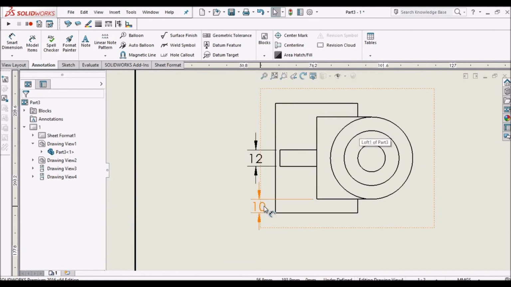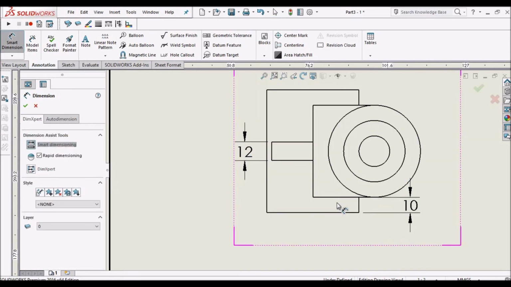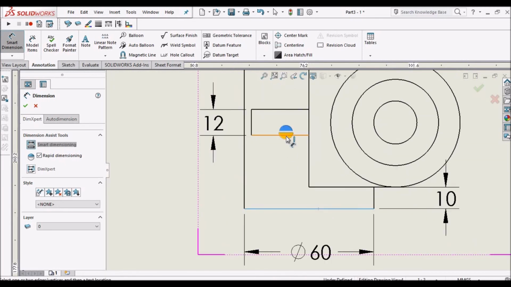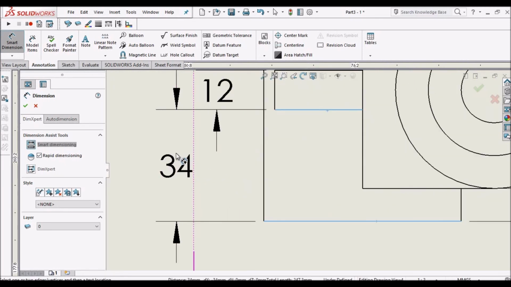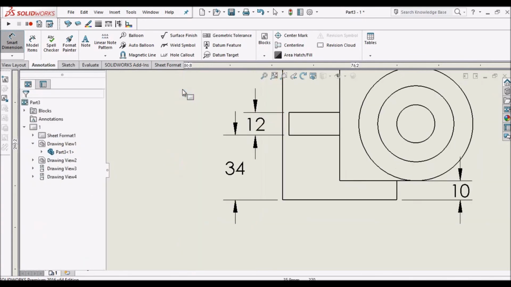Okay. You can move this here and one, because we have to give one more dimension, distance between this edge and this edge is 34. So you can flip the arrows.